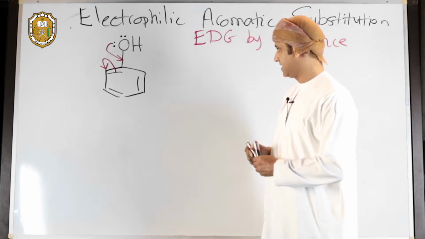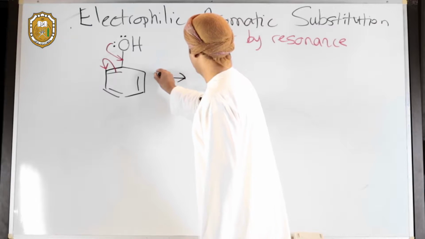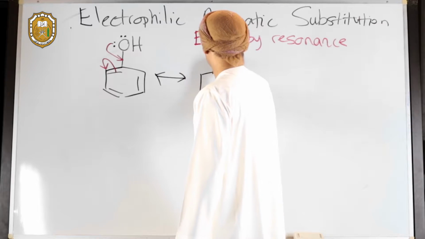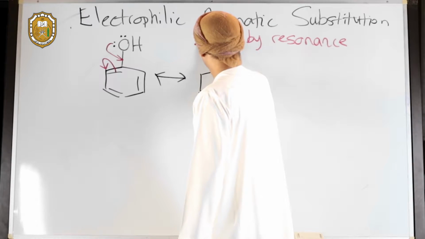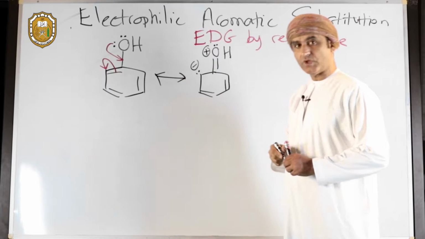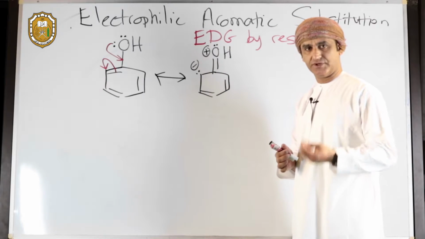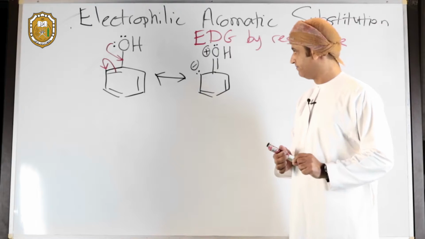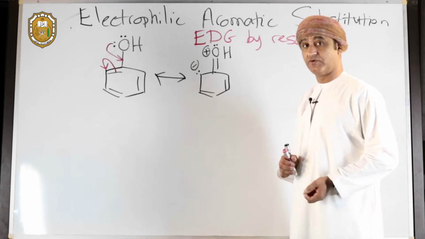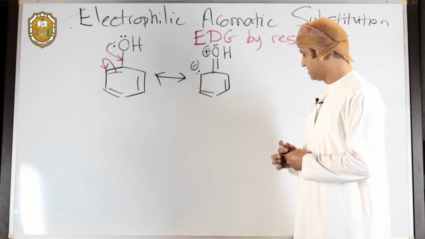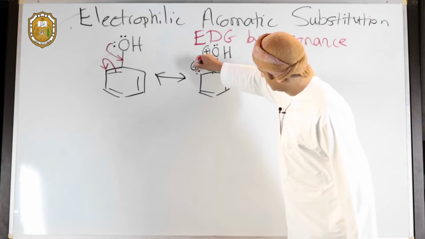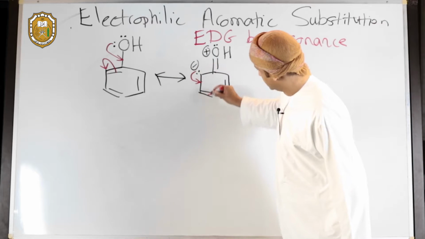released on that carbon. Now this will give us another resonance form where there is a lone pair on this carbon as a result of this electron donation by resonance by the oxygen atom. Remember, oxygen now has a positive charge. That's because the formal charge is actually +1. We can continue to delocalize electrons on this benzene ring